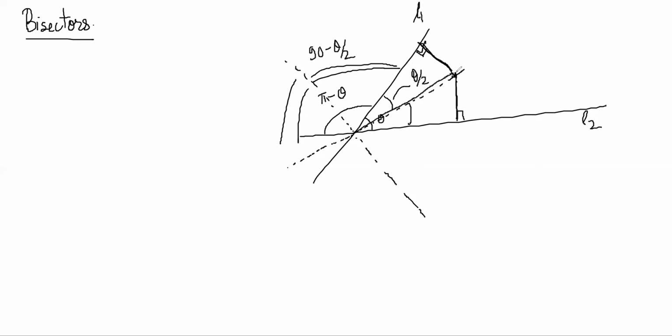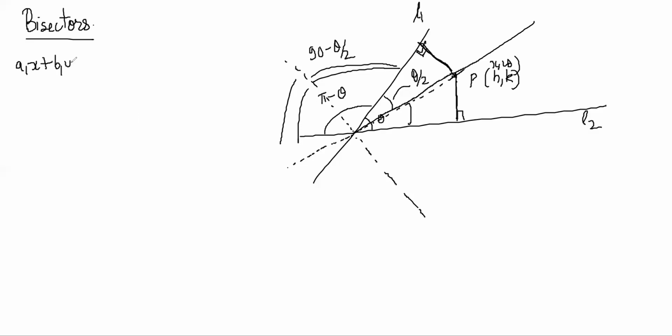Any point on the bisector will be equidistant from the two sides making up that angle, right? So we'll say a point P(h, k), or (x, y), will be equidistant from L1 and L2, right? So we can write